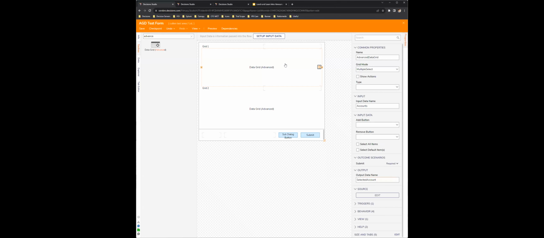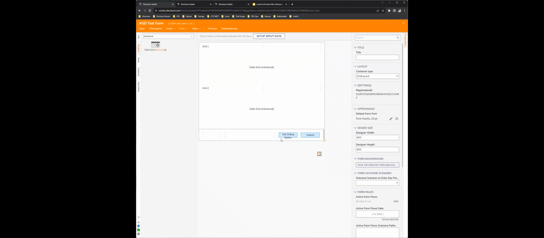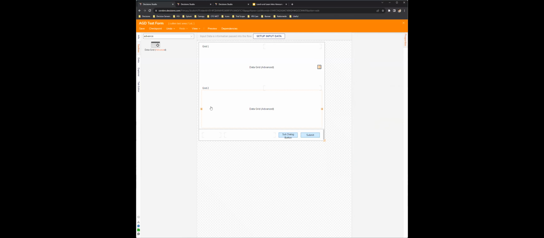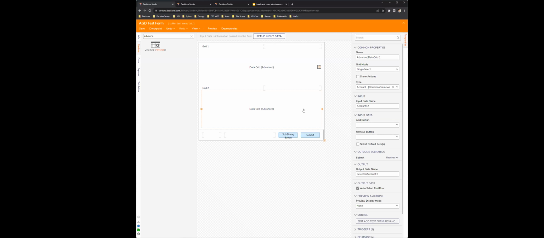Going with what you were referencing in your initial question, we're not really interfacing with these. We're clicking on the active form flow to view the report again and then move the items that we want to move. Am I getting that correct? Yeah. Okay. So I'll just keep this single select for now. But let's look at this. We have our two data grids, one with all of our accounts, and say our account 2 will just be empty at initial open.